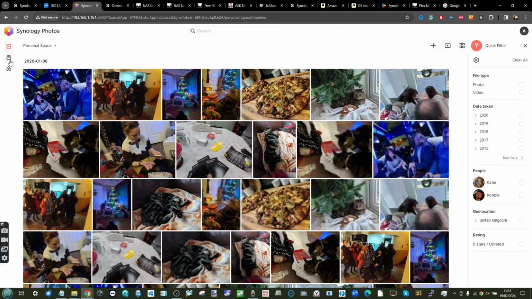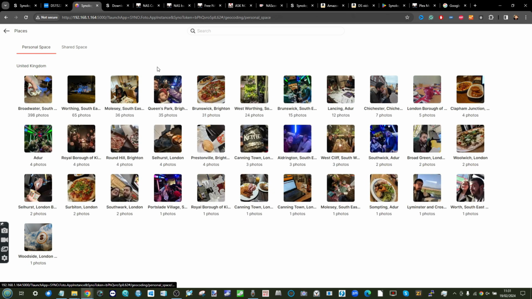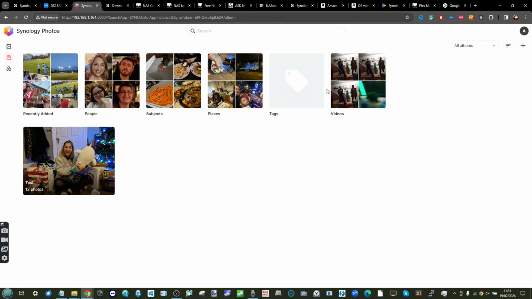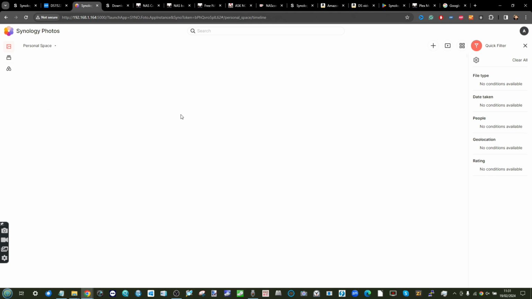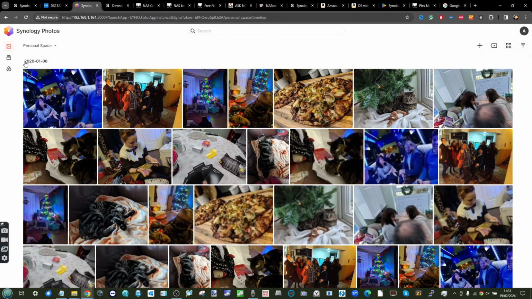But from there, you can see we've now used the AI to recognize the photos, and if we go into places, even more so, we can break down into the geolocational data that was locked in. And remember, the filters can be changed in a number of ways, and what we see, all of it nice and easily. Ultimately, the Synology Photos application does give you a lot of customization and control of your photo media,